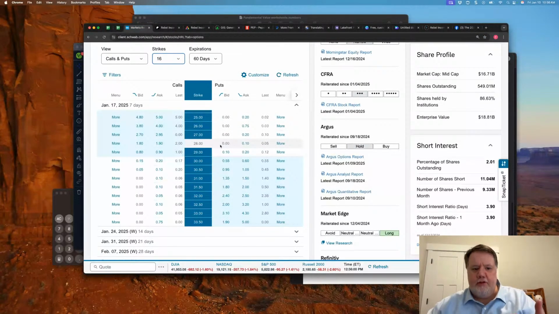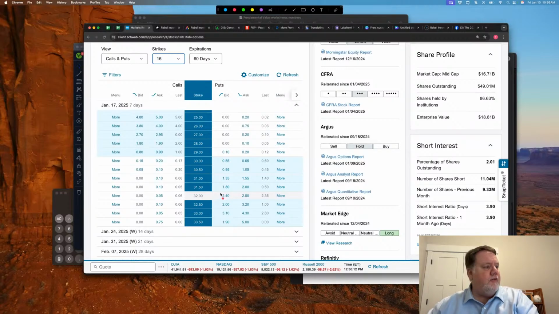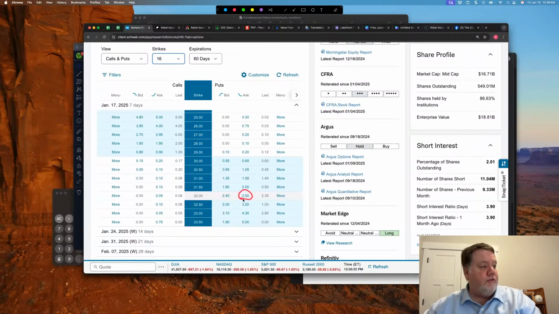If you're of the mindset that you think the risk is increasing, and certainly to the point where you don't want to take the assignment, then trying to buy this back as soon as possible may make some sense. Remember, when we're talking about American style options, even though I haven't been assigned yet, the fact that we're a little over $2 below means that I could be assigned anytime between right now and the expiration Friday. And so right now, if I wanted to try to avoid that, I'd have to pay the current asking price or a buy to close at or near the asking price, which right now is about $2.50.